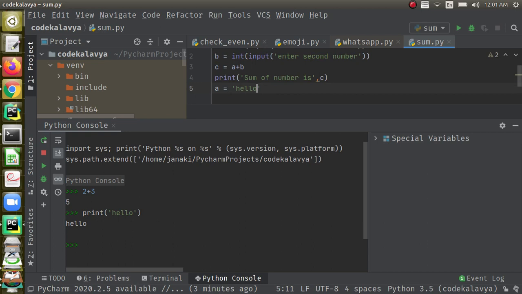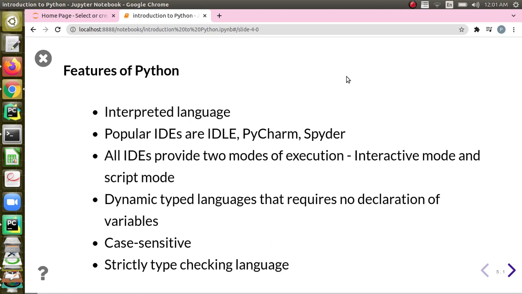and after certain lines I can say A equal to a string. How do we represent a string in Python? Using either single quotes or double quotes. If we do that, Python will accept it. So till this line A will be an integer. After we give it as a string in line number 5, A will become a string. So the data type of the variable will be decided based on the type of data that is being stored at that particular point of time. That is why we say Python is a dynamically typed language.